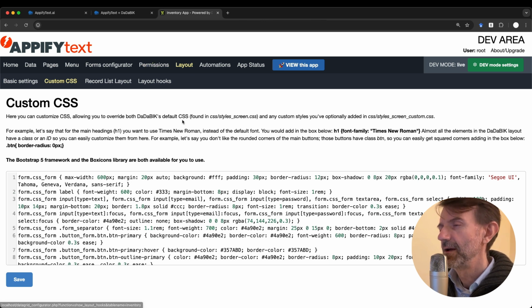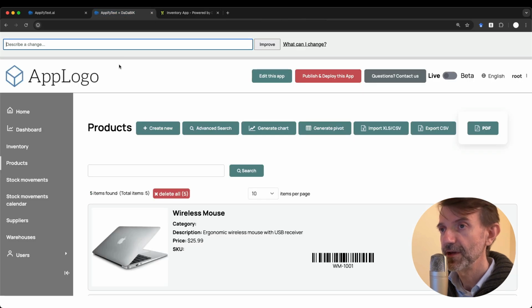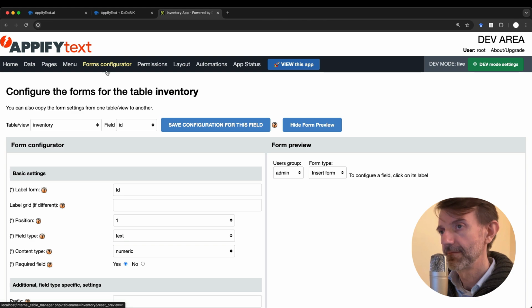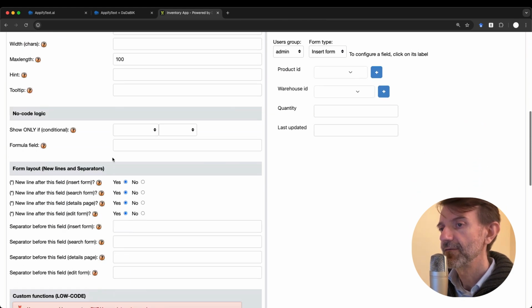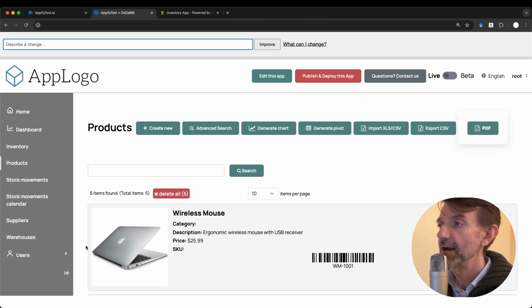For example, for permissions, I'm not sure if we should implement the permissions also here for security reasons, and many things in the form configurator are not covered yet. But as you have seen from this demo, there are already a lot of things